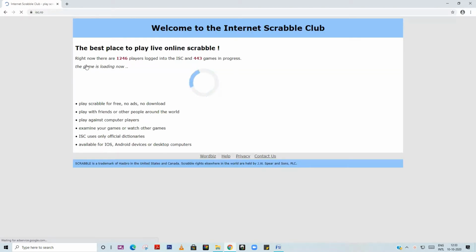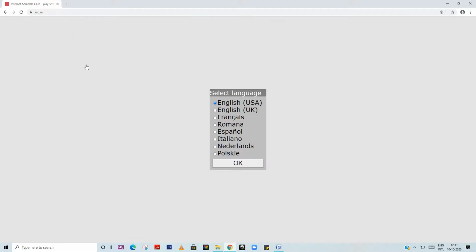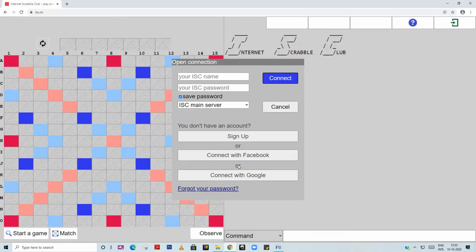If you click on that, it will take you to Internet Scrabble Club. And now click English UK and click on OK. Click the option Sign Up.